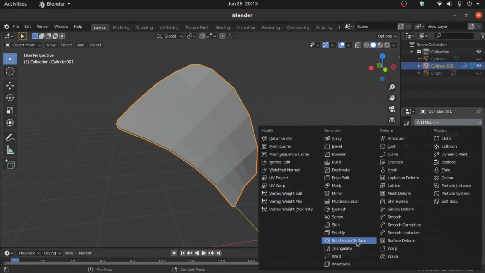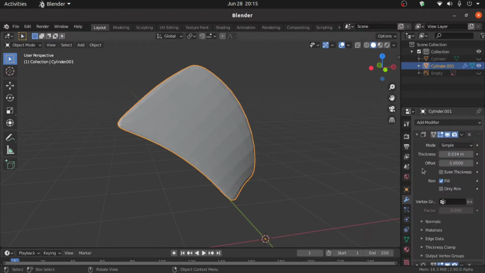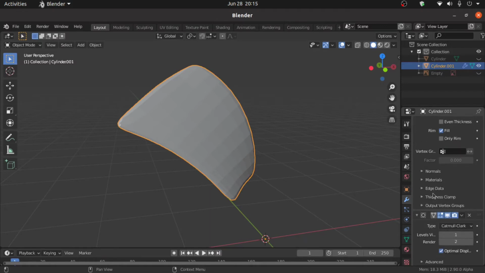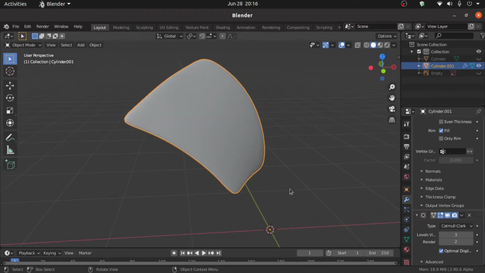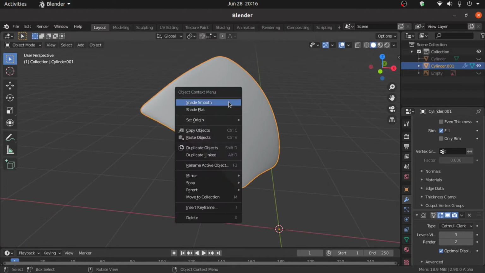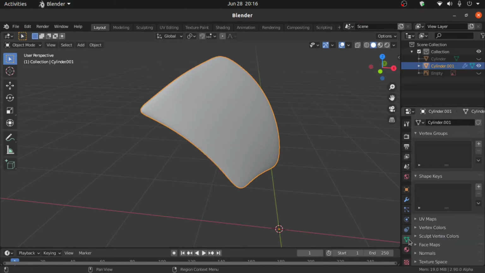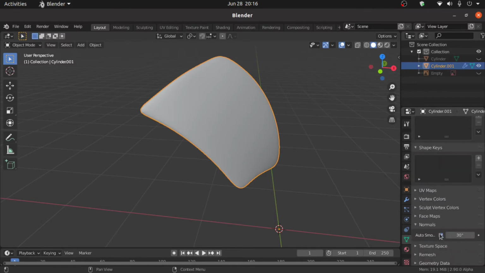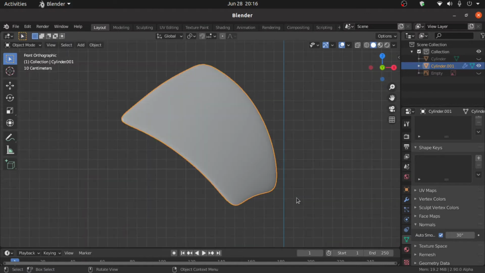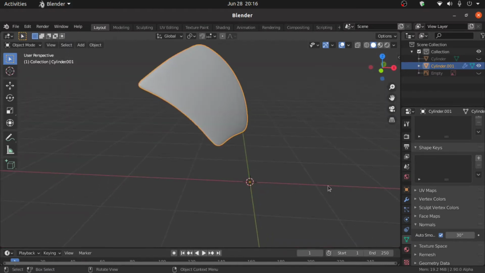Add the Subdivision Surface modifier and increase the level of visibility like this. Then right click and set it to smooth. Also click on Object Data Properties, expand Normals and enable Auto Smooth. Okay.